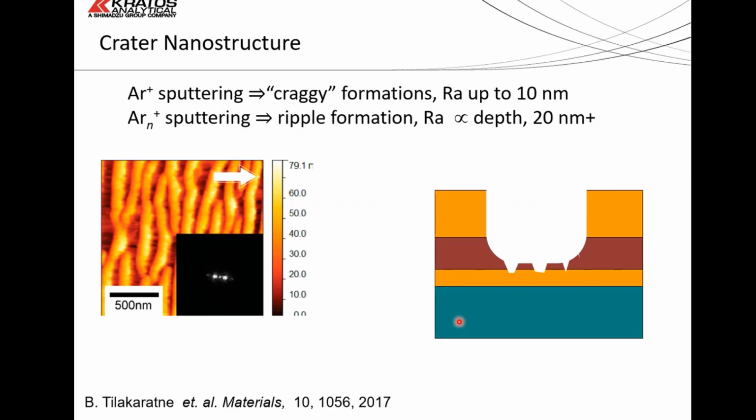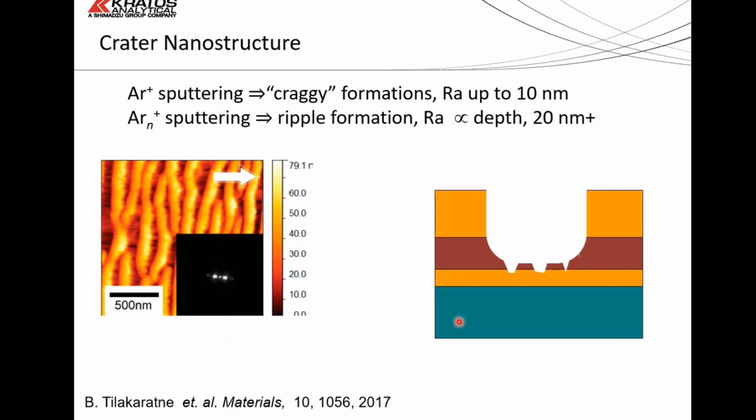You'll see kind of these craggy hill formations if you look at it under an AFM, and the RMS roughness can get up to about 10 nanometers. But I think from what I've seen in the literature, it tends to get up to 10 nanometers, but doesn't go much further than that. And that kind of sputtered topography will be the limit in an ideal depth profiling